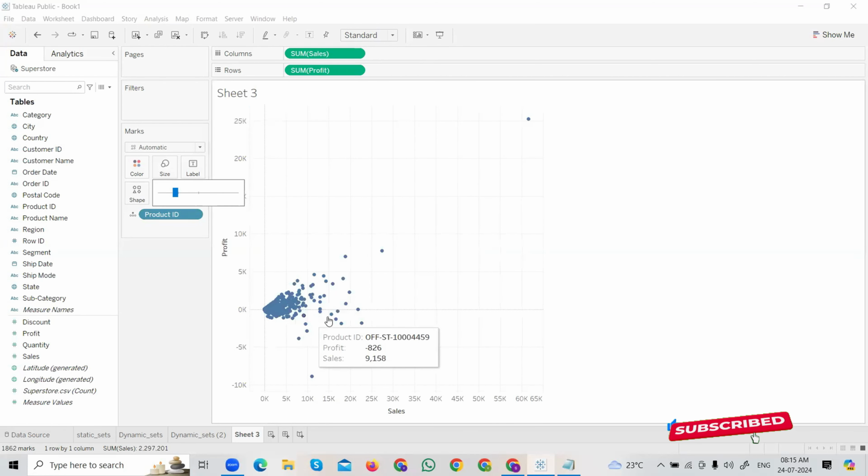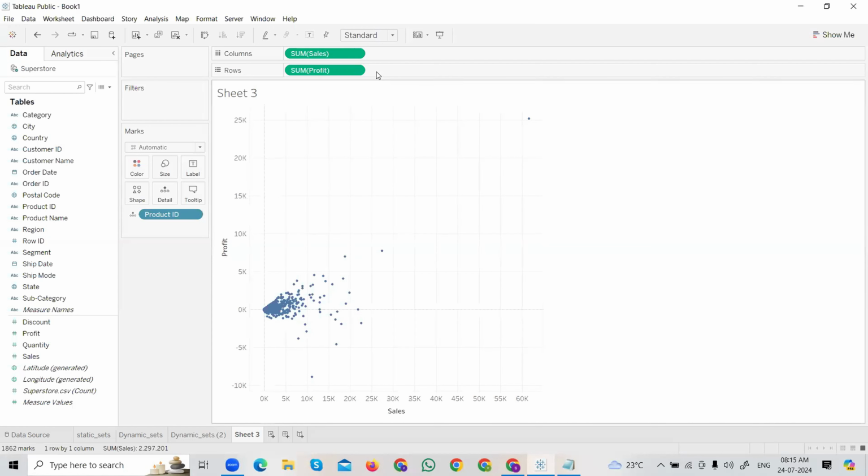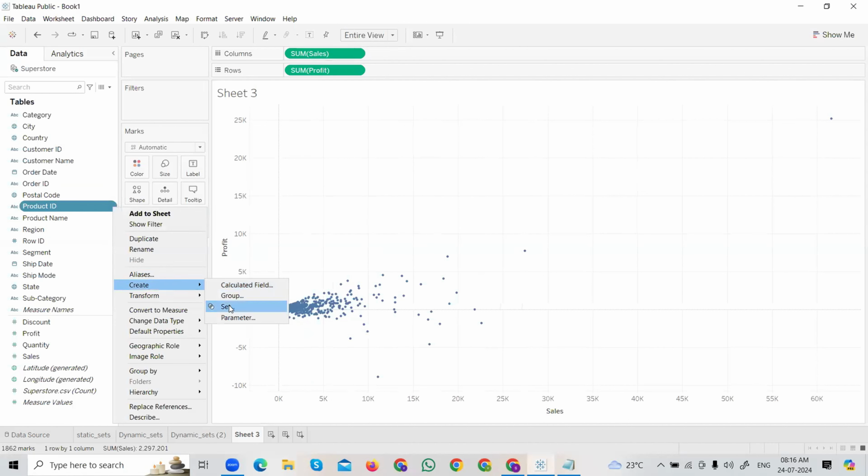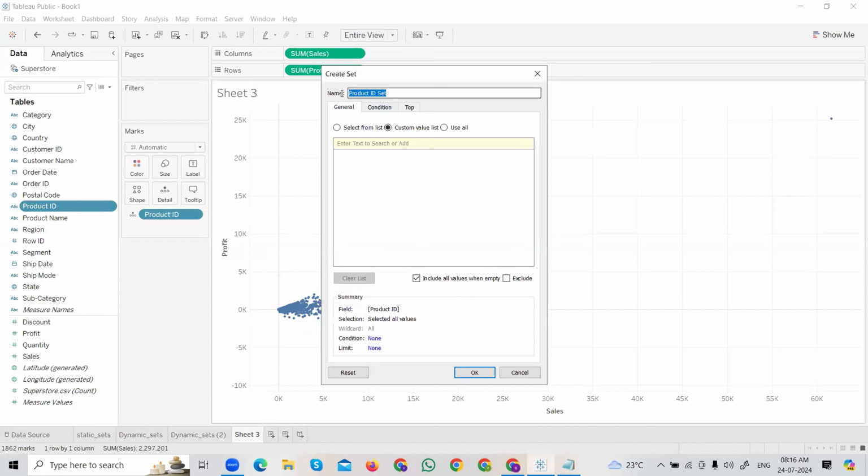Understood? Okay. Now what I'm going to do is, which concept are we discussing? We are discussing combined set. Now two different sets I will create. Let's say I will go to the product ID, click on the downward arrow, go to the create option, set option will be there. So first one, what I am going to do is, based on the sales, based on the product